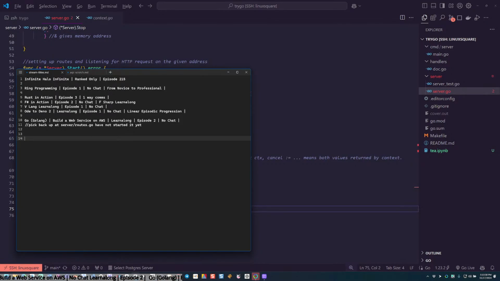Server routes.go. It'll be server struct.